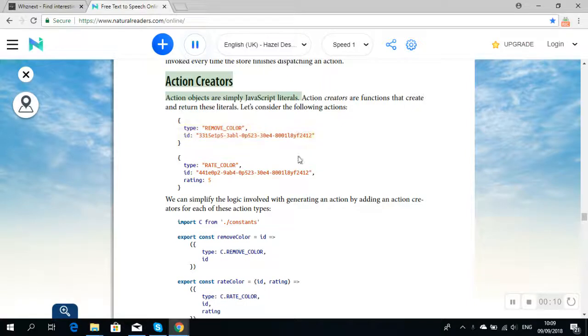Action creators: action objects are simply JavaScript literals. Action creators are functions that create and return these literals. Let's consider the following actions. Type: REMOVE_COLOR, id